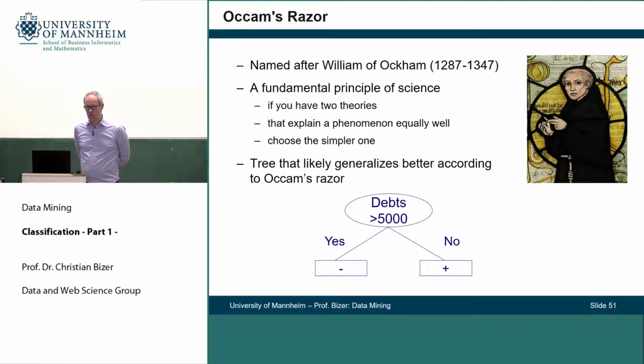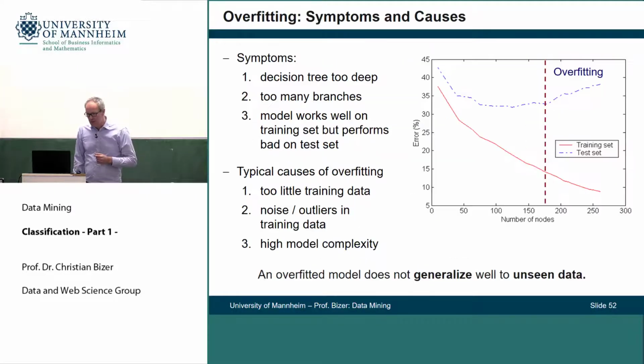Which empirically shows to work quite nicely, and in our case would hint towards using the depth-one model, because it's a smaller decision tree. We only have one split node, not two split nodes. That's simpler, therefore we should prefer this model. Interestingly, Occam's razor is a very good approach for selecting models that likely overfit less, because